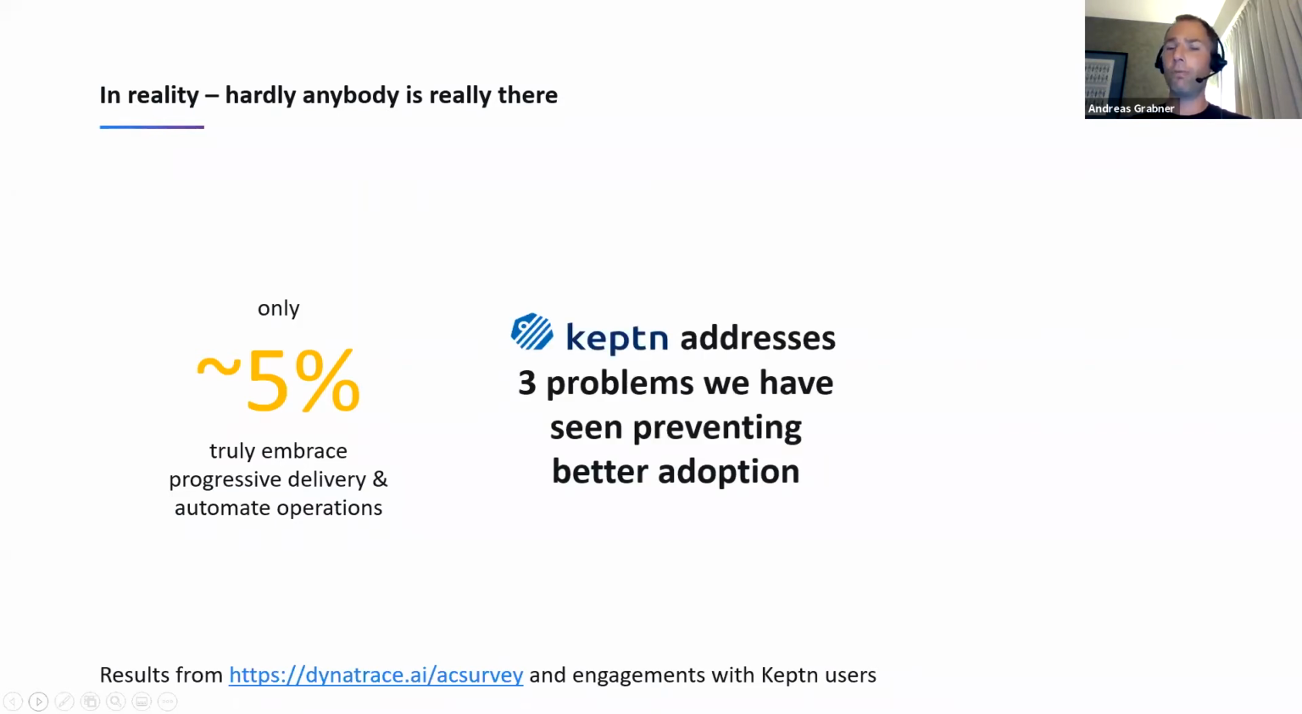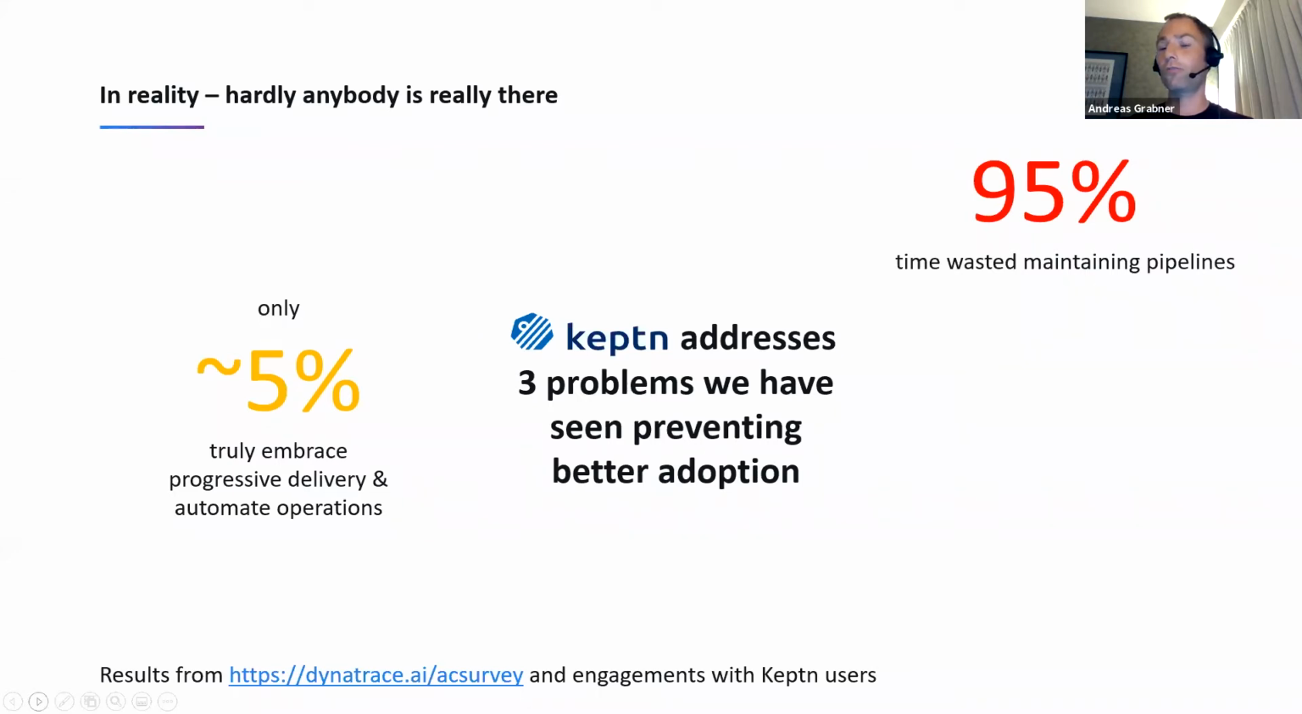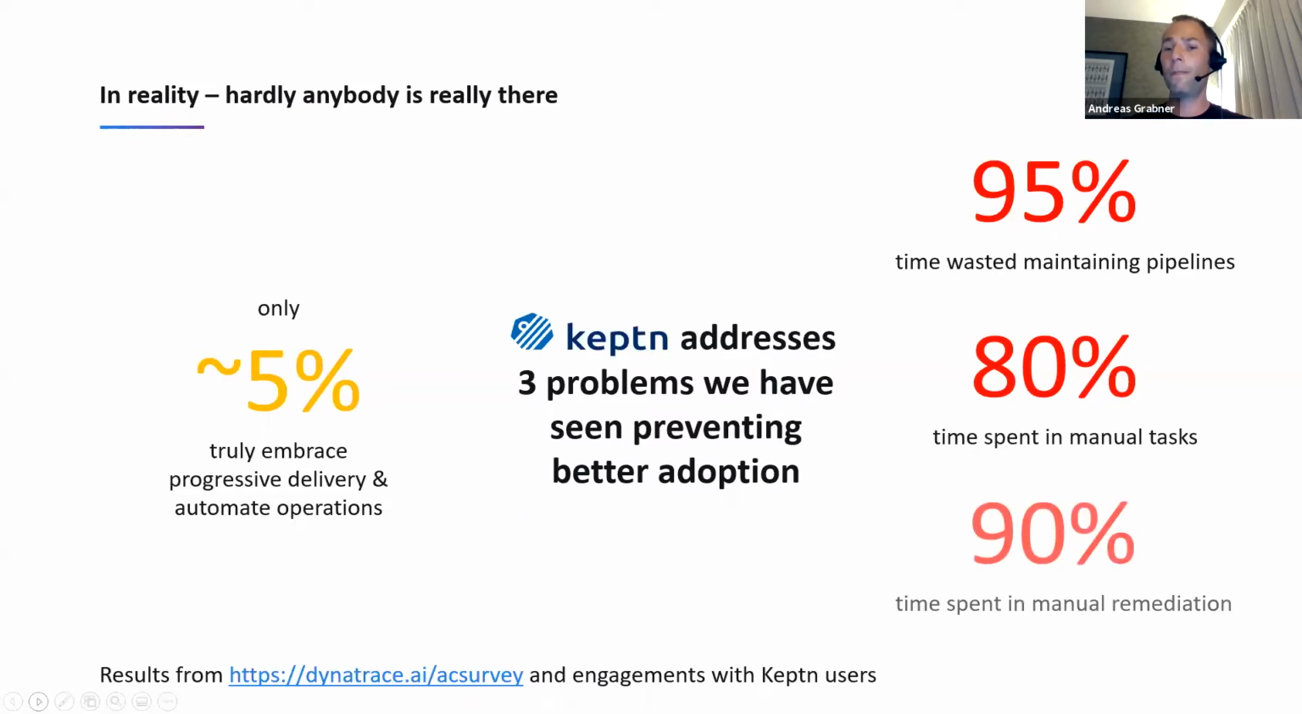Well, there are 3 big problems. I'm sure there are more reasons, but there are 3 problems I want to talk about today, and these are problems that Captain also addresses. The first thing is we're using traditional pipelines for deploying cloud native applications, and we see a lot of time being wasted. We also see a lot of manual tasks along the delivery pipeline, especially around testing and around validation of the tests. And there's also a lot of time spent and wasted in remediation. And these are 3 things I want to show you now how we address with the open source project Captain,